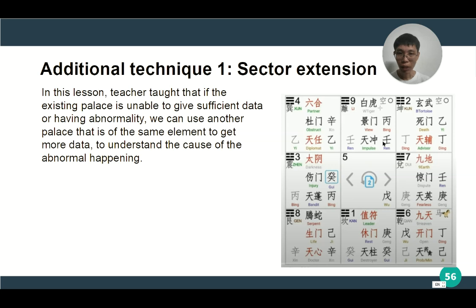For this, Mr. Douglas said that if the existing palace is unable to give sufficient data or unable to explain an anomaly, we can use another palace that's of the same element to get more data to understand the cause of the abnormal happening. So one case study involves this chart we are looking at here,